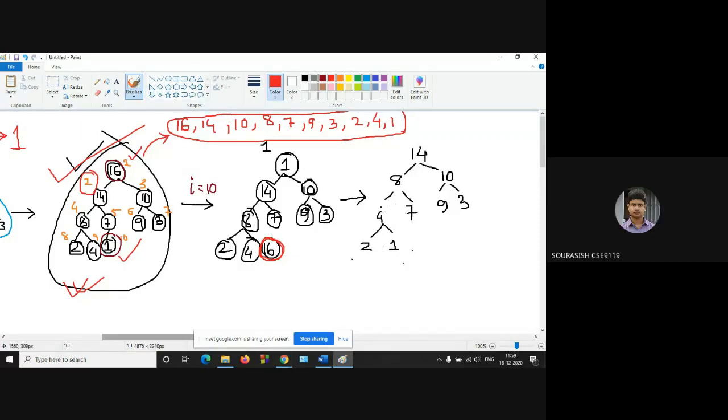Yes, sir. Then you have to call, so your new structure is not a heap because an element other than the max one is now at the root. So you have to restructure your tree using maxify A with the first index position. First index position is 1, so maxify A1. After the maxify function, you will get this tree structure.